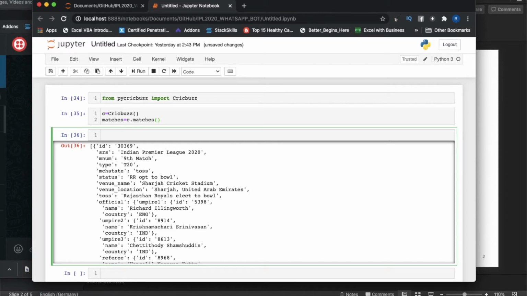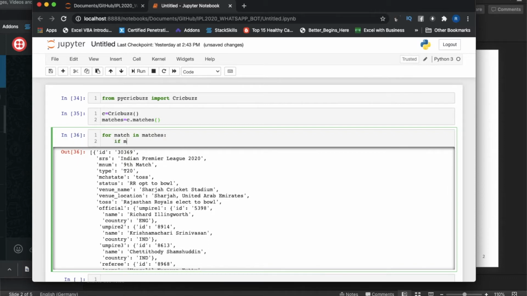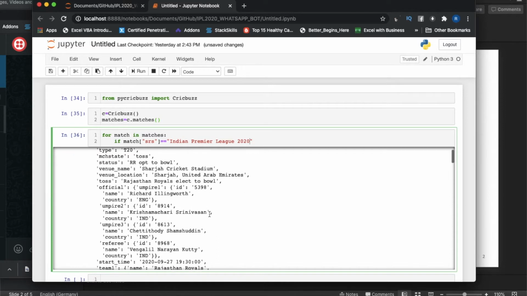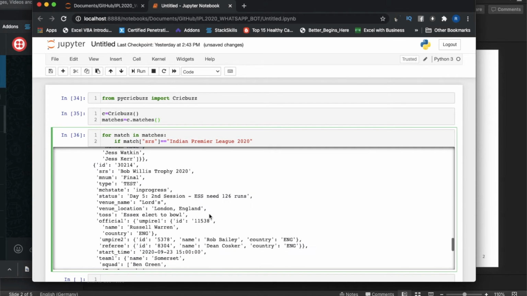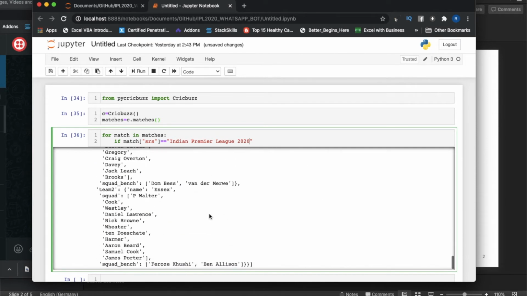For that we need some sort of for looping. So: for match in matches, then you write one if condition. If match, and I need this attribute, equals Indian Premier League. There are also some matches which have maybe not started yet, and those will also come.